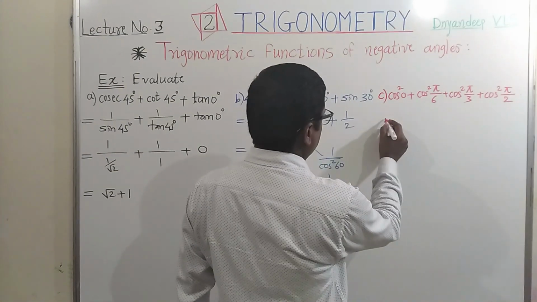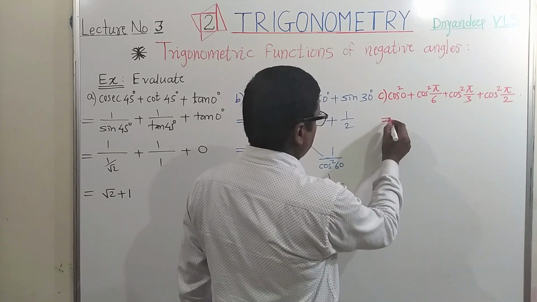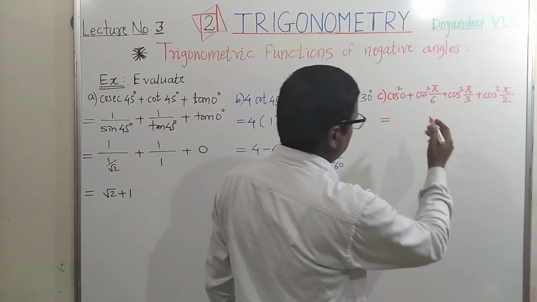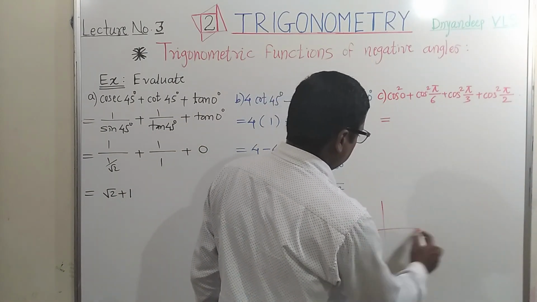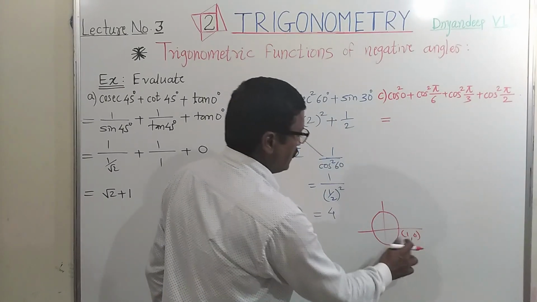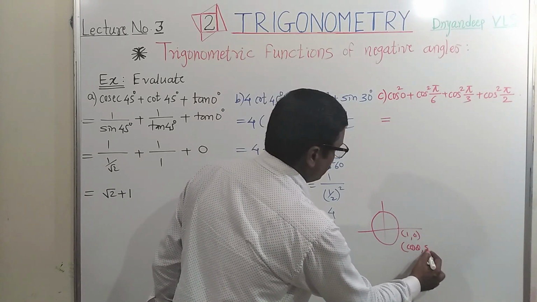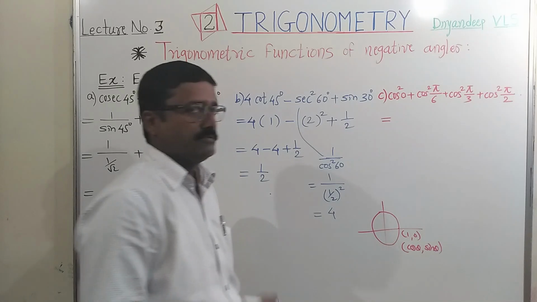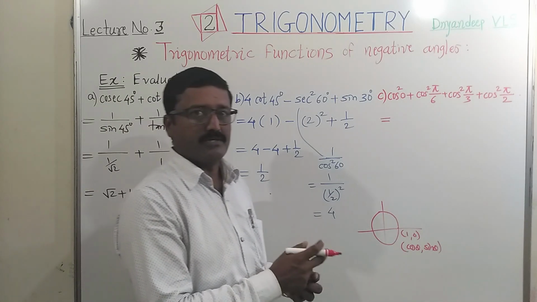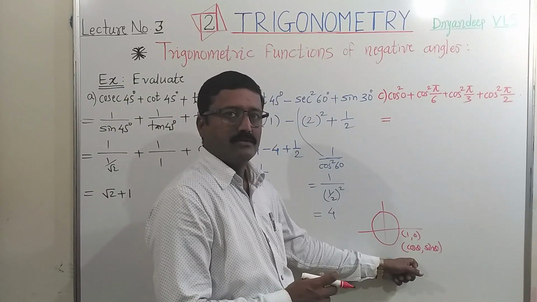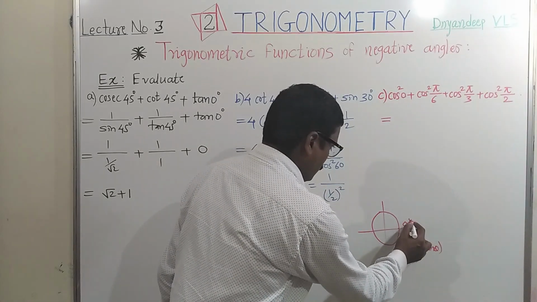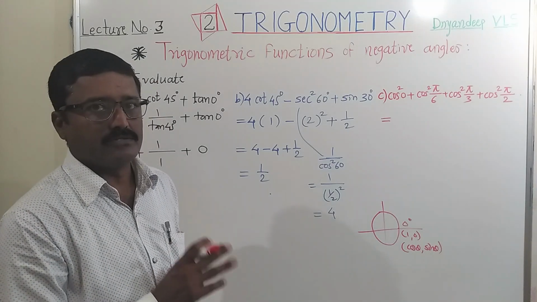Cos square 0. Cos 0 is 1 and sin 0 is 0. Remember that. Once again I will show that figure. Here this point is (1, 0), remember this, and the first function is cos, second is sin. Usually we call sin as the first function and cos as the second, but while remembering the values of cos and sin, this (1, 0) is related to cos, so 1 is related to cos and 0 is related to sin. So for angle 0 degree, sin 0 is 0 and cos 0 is 1.